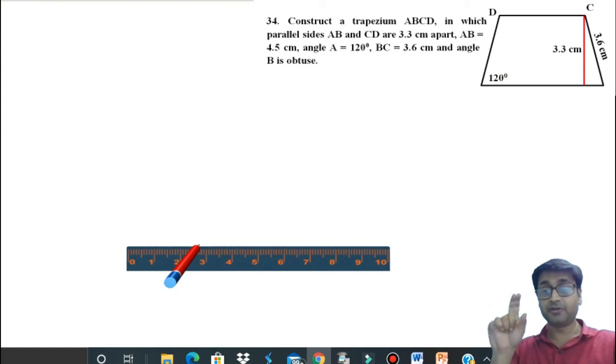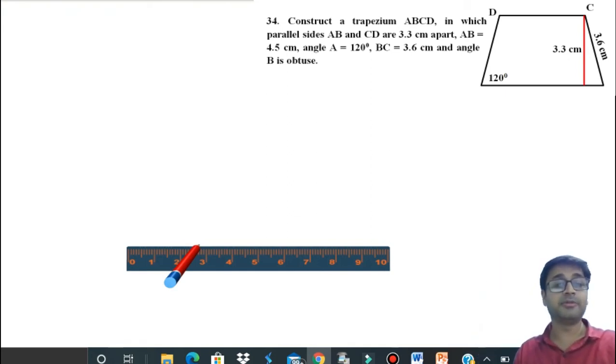Now the height, you remember, if there is height given to you, what do you do? You extend it outside, take a point M and then 90 degrees. Yeah, so I'm sure most of you will be able to start at least. In fact, many of you will be able to get this entire trapezium on your own. So get your base first. Take angle A as 120 degrees, extend outside 90 degrees, cut an arc, get your height again 90 degrees, reach there, then think. I'm 100% sure you will get it. If you don't get it, come back, I will help you.